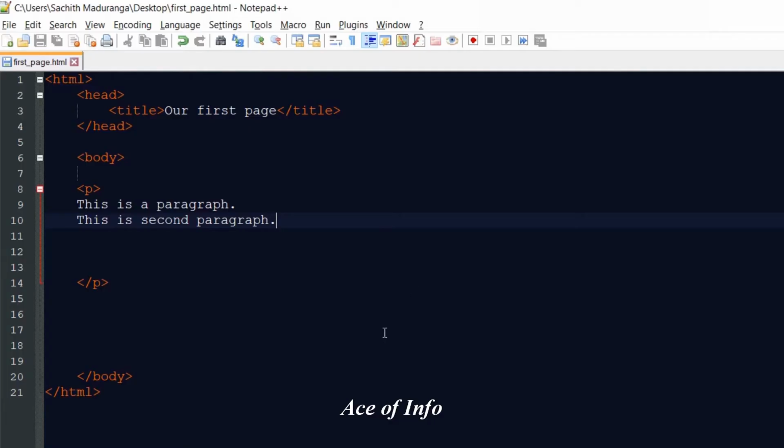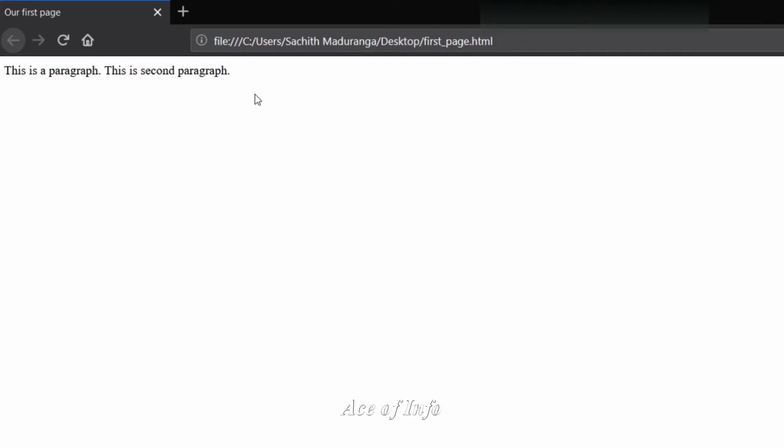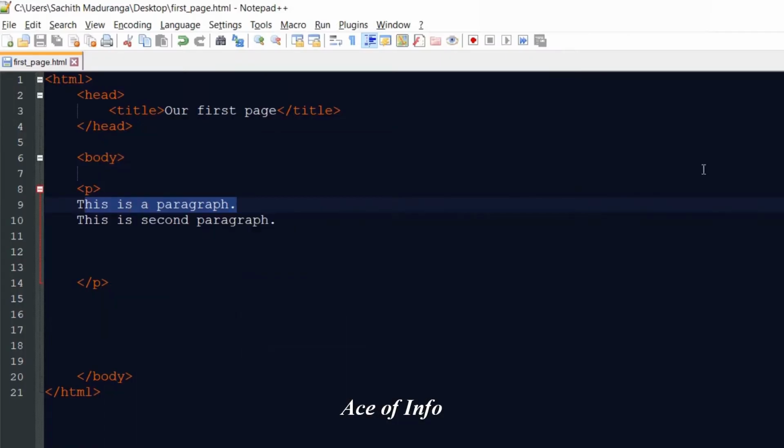See, it doesn't make any change. I mean, in this editor we put this as two paragraphs in two lines, but in the web browser it shows all the paragraphs in one line. So that is the behavior of the paragraph tag. It doesn't matter how many lines you have, it will show as one paragraph. That is why we call it a paragraph tag.